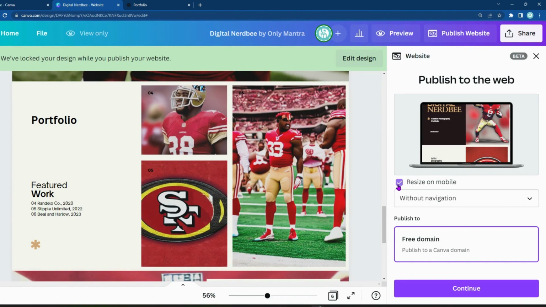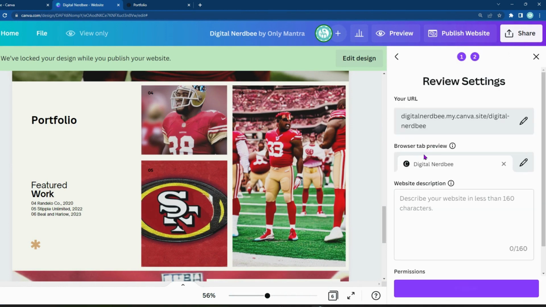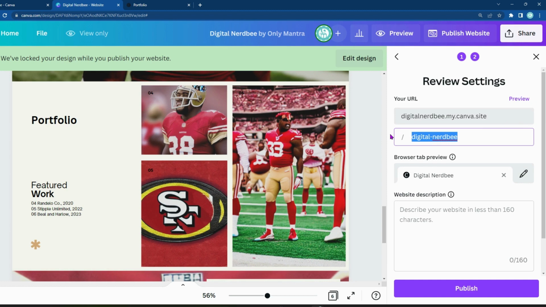It's going to say you can resize on mobile. That's what we want. And then there's a free domain available as long as you have Canva here. So just click on Continue. Here you can change the URL. So if you like this, then that's fine. If not, I'm just going to name this SF49ers for now, but